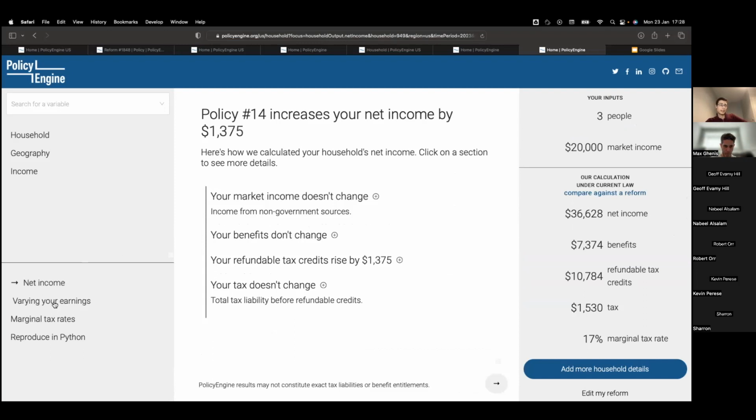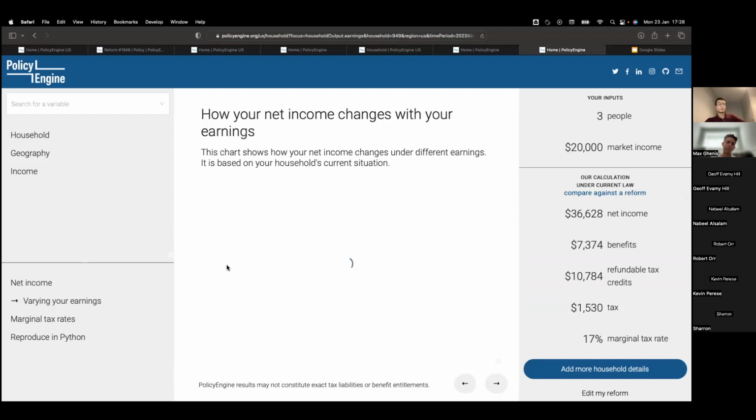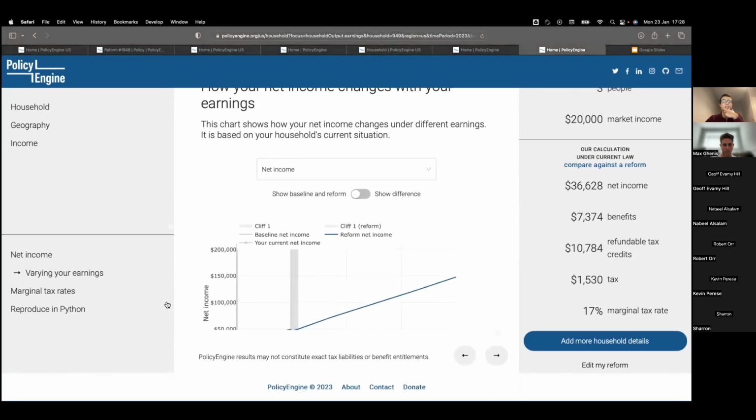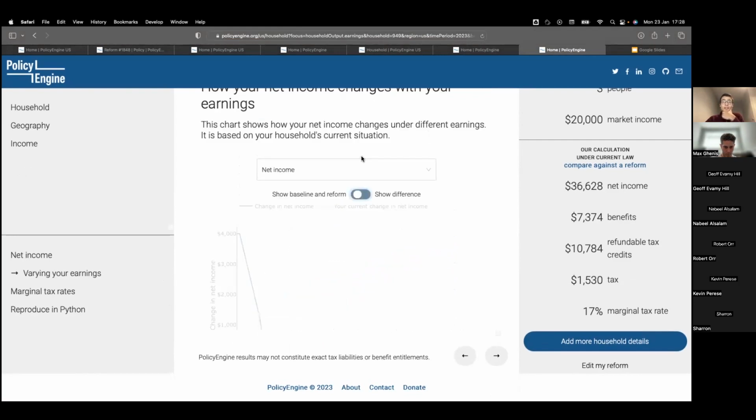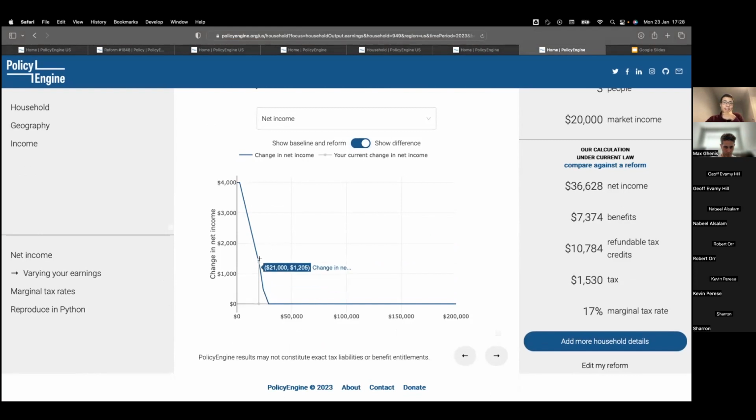And then the other thing here is we can also rerun all of the charts from before on earnings variations if we wanted to see not just how this reform would affect you right now, but how it would affect you as your earnings varied. So if we see the same chart, we've now got an extra line on here, which if we show only the difference, we can see, okay, here's where your current change is, and we're pretty far down the slope of possible changes.